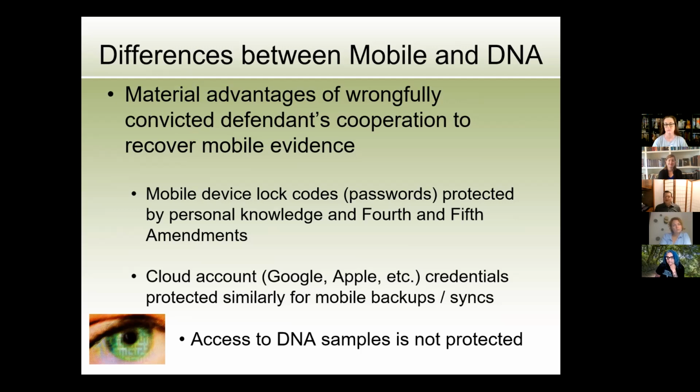Also, sometimes mobile devices go missing, and we like to look at the cloud account that goes with it. If an Android phone is somehow gone, it's been lost, it's been destroyed, we right away want to take a look at the Google account that is attached to or synchronizes with that Android phone. Same thing with Apple. If there's an iPhone that's gone missing or it's been destroyed or what have you, we want to look at the iCloud account, because oftentimes the information is synchronized to that iCloud account. And so that's really critical for us there. A big difference. We have sort of backups or safety nets that we can go to.